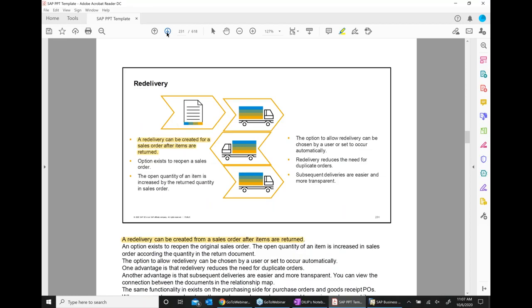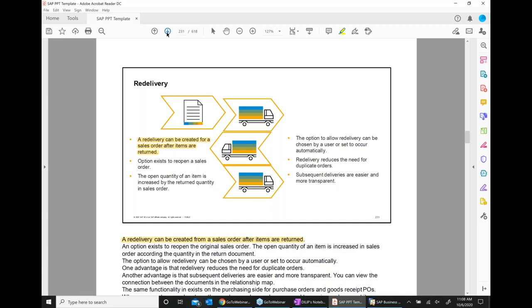Now there is a situation called redelivery. Redelivery basically means that the customer says, okay, I return the material to you. I want this product back. The material got damaged in transit, something was not right. Can you please send the material back to us?